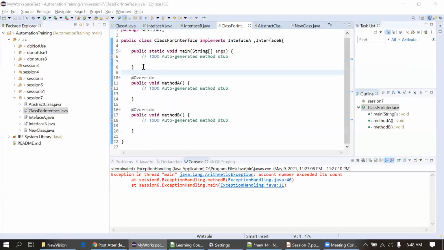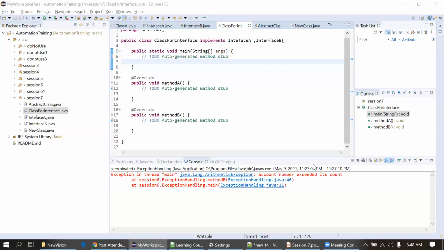Okay, so Shubham, we are not getting any error here actually. We can use this same method name and we can implement the interface as is, because implementation is not given in interface A and interface B. So by default, we can use this interface to implement in any classes. It will not create any ambiguity if they are having the same name. Okay, fine. Shubham is clear with the answer.